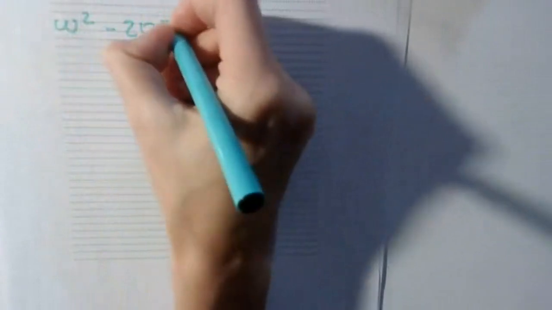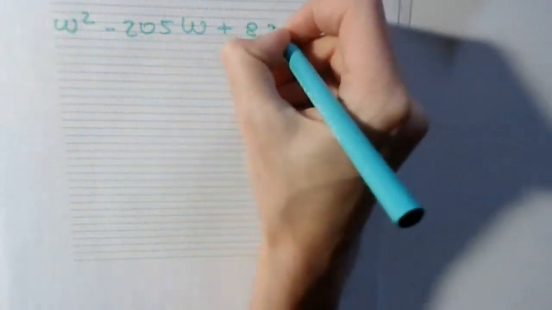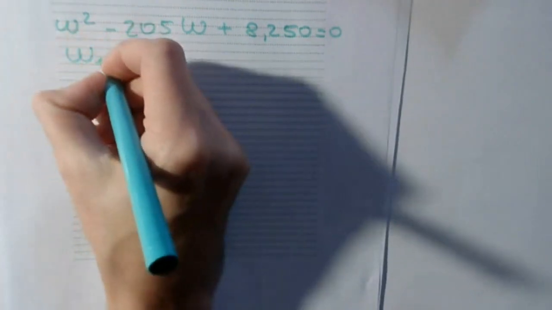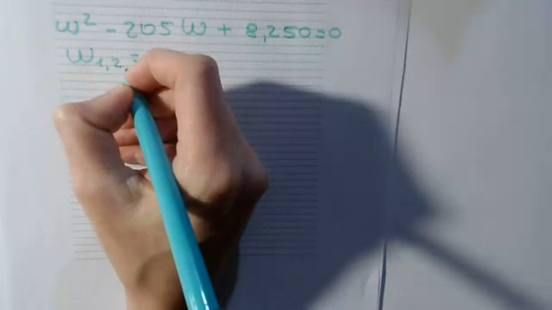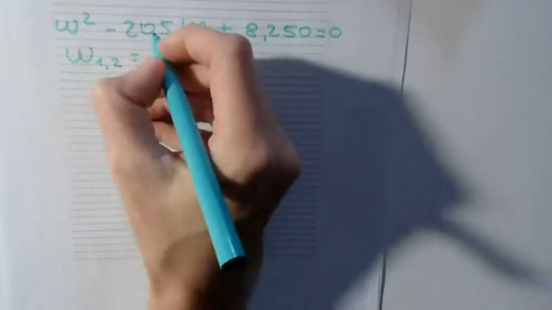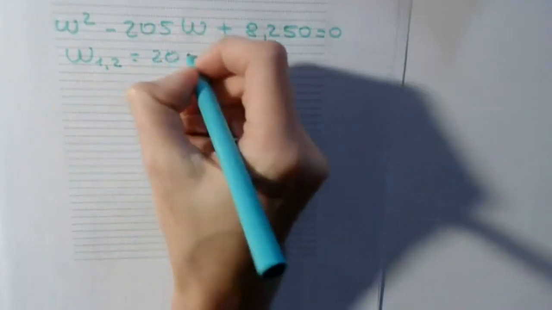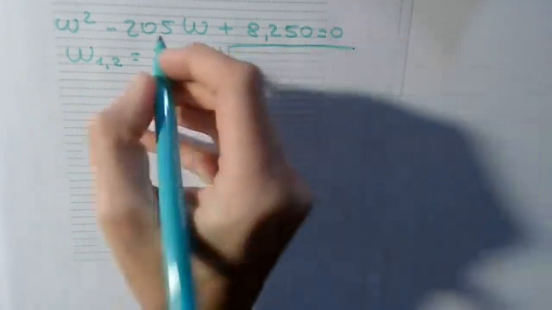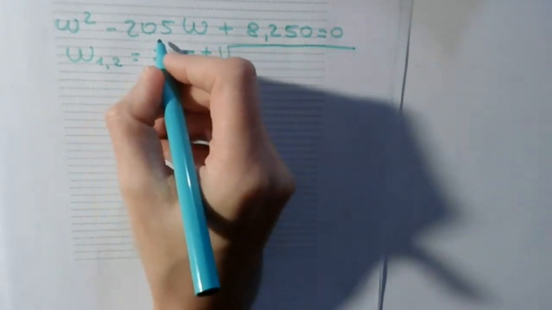Okay, so now you can see w square minus 205w plus 8,250 equals 0. This is a second degree equation. We have to solve it. And the formula to compute the wage, we write wage 1 and wage 2 because it is a second degree polynomial equation, is this number here, 205, plus or minus square root of this number to the power of 2,